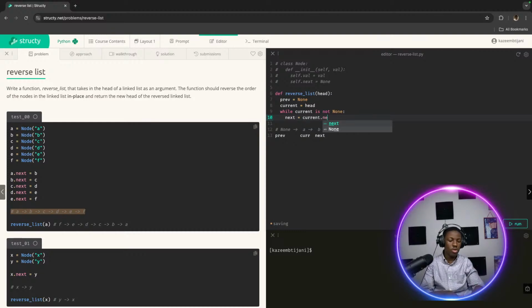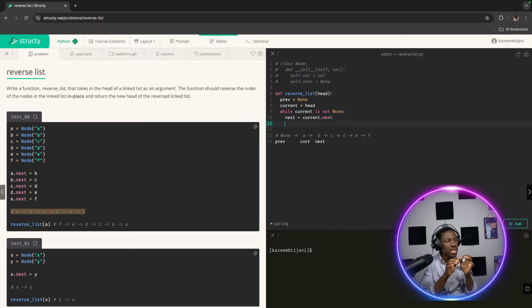And the reason why I want to make my next current dot next in this case is I've set up my previous to be none. My current is maintaining its position as the head, but I want a situation where my next element is currently current dot next in this position. Then I will now start the inverse,